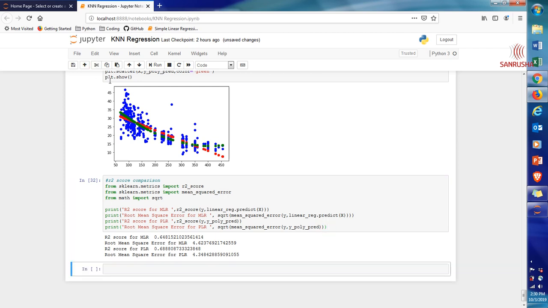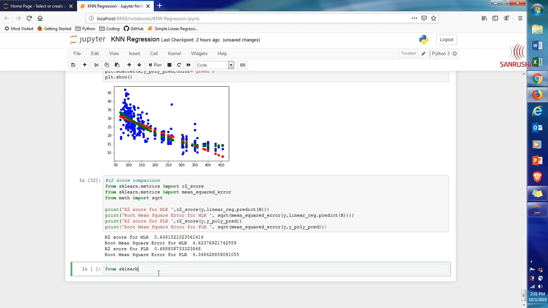We're going to use the same data set and we will see if there are any improvements by using the KNN algorithm. To use the KNN algorithm, we need to first import the KNeighborsRegressor method from the sklearn library.